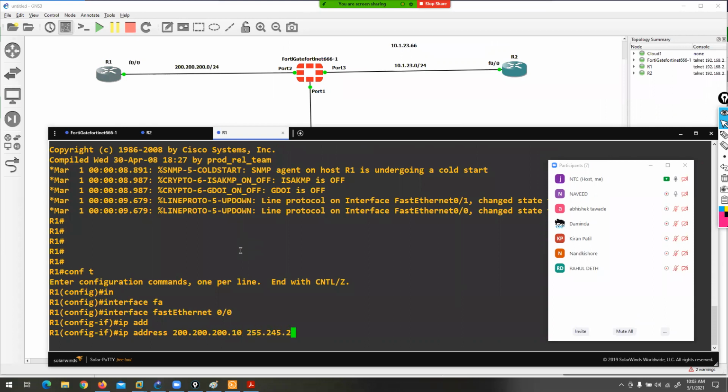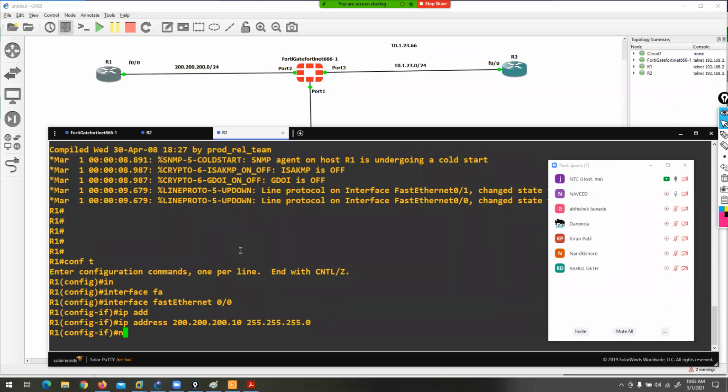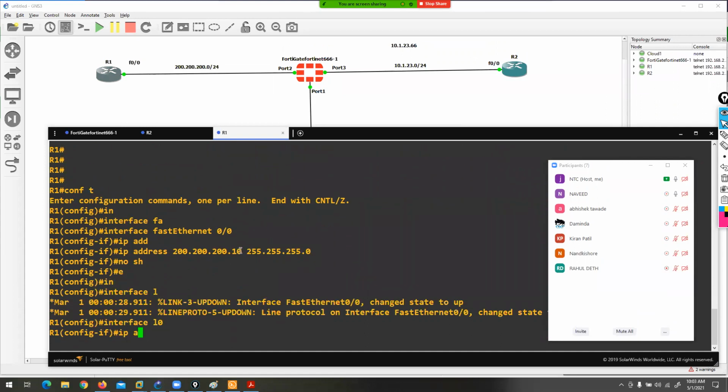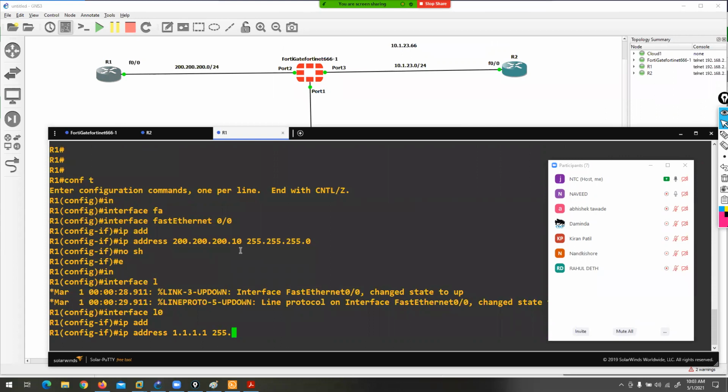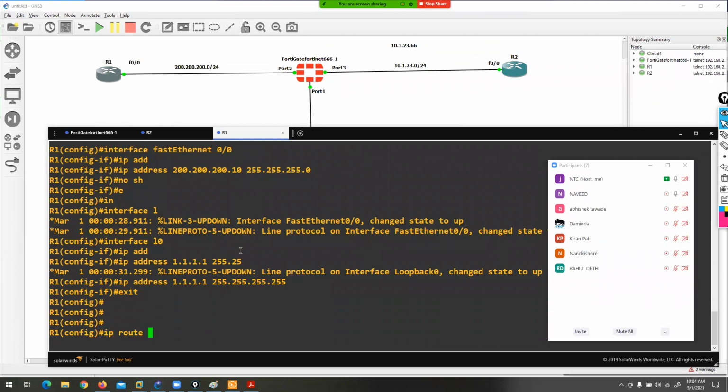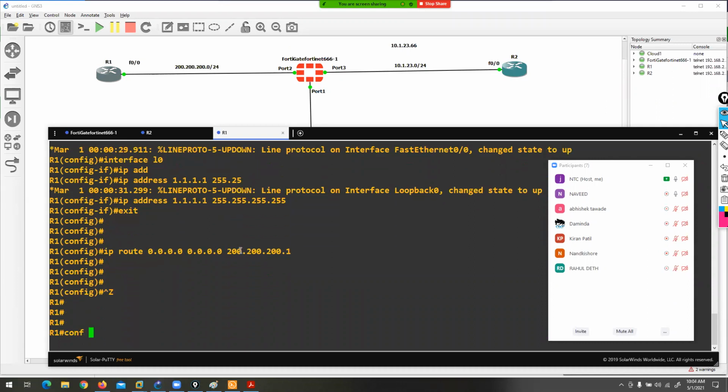No shutdown. IP route any network with any mask 200.200.200.201. Okay, let me configure telnet first.